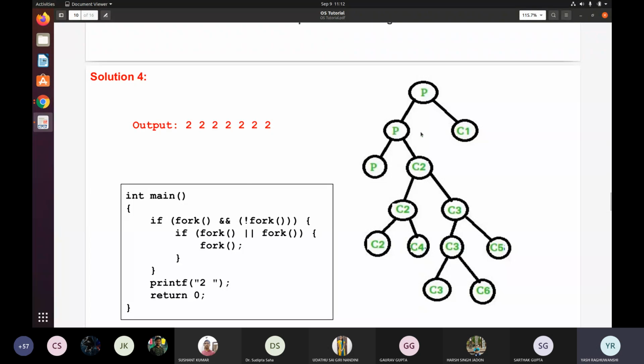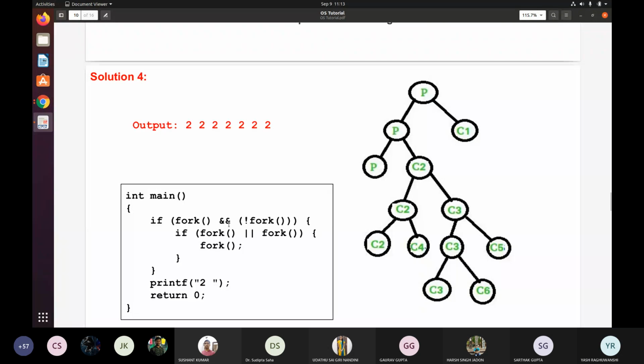Okay. For this case, PID is greater than 0, so it has to check whatever is here. So it will also fork, and you will get 2 processes. First is the child process and another is this process. For the parent process, it is greater than 0, so not of this will be 0. So again it won't go further, and it will directly print 2 and get out of this. Okay, so it won't extend.